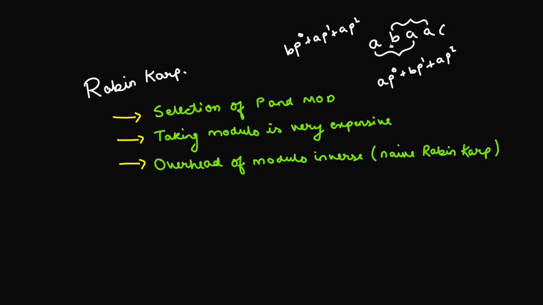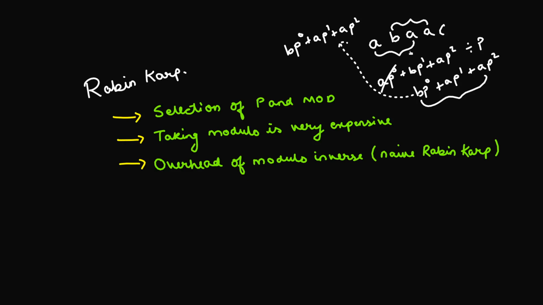Cool. If I have to adjust the hash of ABA in order to obtain this hash, what I can do is subtract the term corresponding to the first character, so I just delete this part. The remaining part, you have to divide by P. Once you divide by P, what you obtain is B times P raised to the power 0 plus A times P raised to the power 1. Then consider the last character in the new string BAA, and add the term A times P raised to the power 2. Because the window is of length 3, the last prime power is going to be 2. So we just add this, and if you notice, this and this are the same, right?